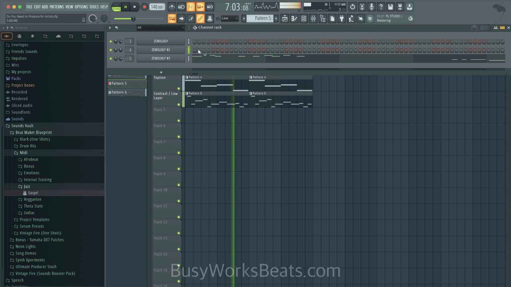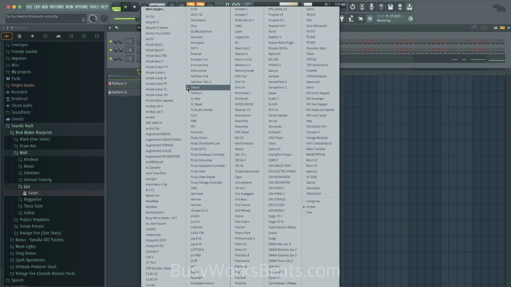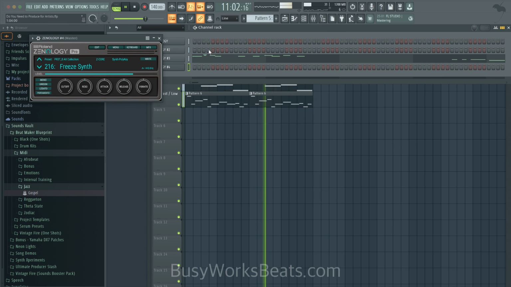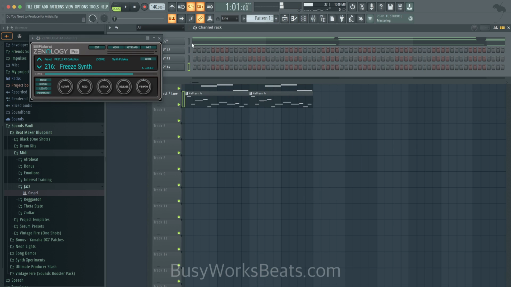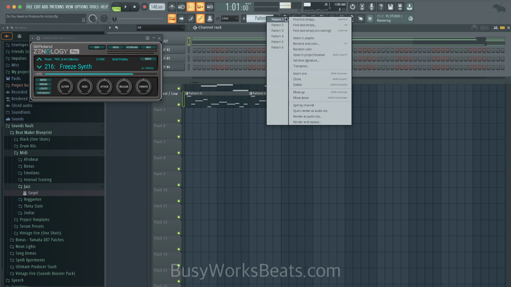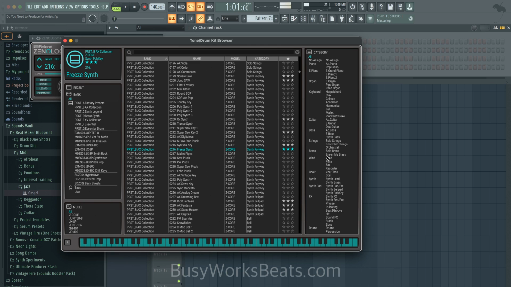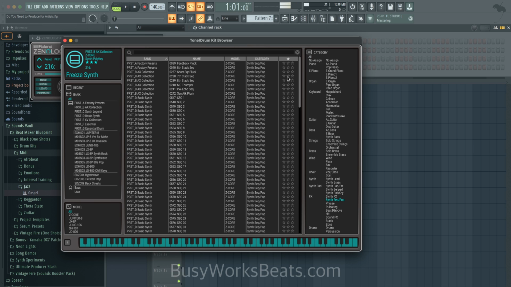Now we need a rhythm layer. The rhythm layer could be a bass line, it could be anything. So let's add another Xenology here and add some rhythm. It could be an arpeggio. I don't know if Xenology has arps in here. Let me see if they have arpeggios. I'm not quite sure if they have arps. That'd be under synth. I don't think they have, maybe under sequence. Let's see if they have these. Nothing's playing in the arp, so we're going to have to program it in.